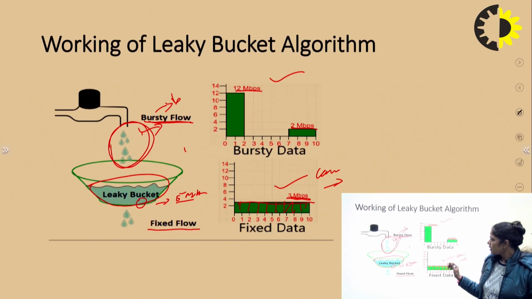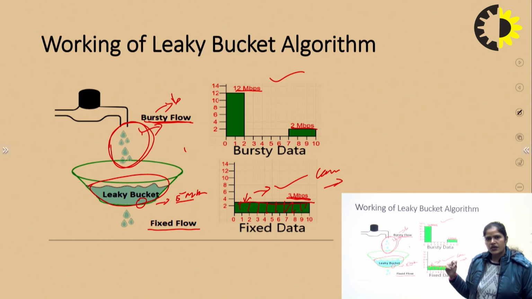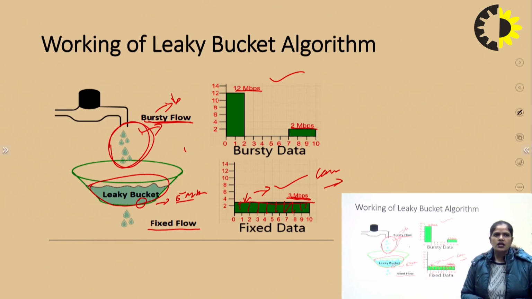as you have seen here, we have already fixed in advance that the transfer is always implemented at 3 Mbps. That means all the time you are sending only 3 Mbps of data at a time, right? So this will provide a constant rate because you have fixed the size of the data during the flow out from the queue, right? So whatever the speed of the sender, whatever the speed of the receiver, no matter, because you are fixing the rate of outputting the packets from the queue,